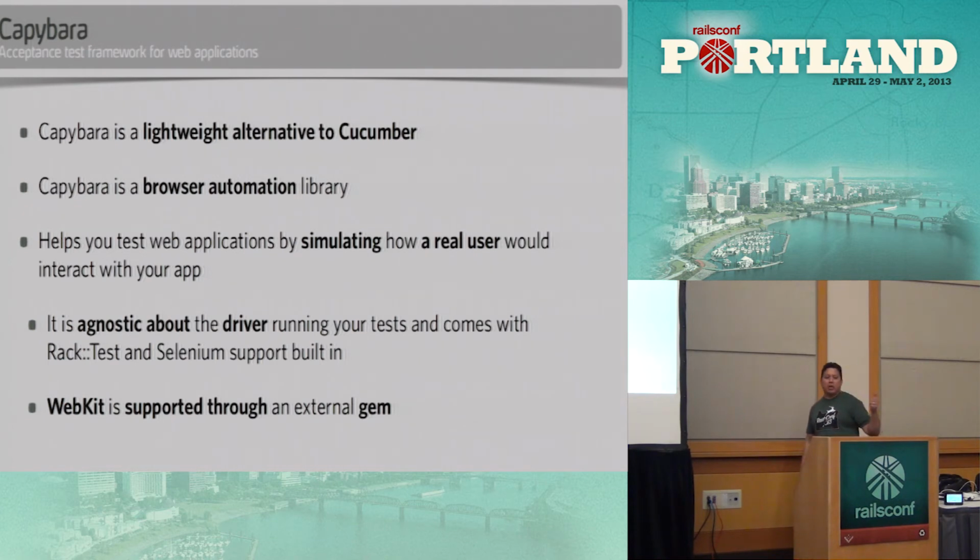So Capybara, it's a lightweight alternative to Cucumber. How many of you have used Cucumber? Okay. How many of you like Cucumber? I don't like the damn thing. I'm with DHH on that camp, which I think it's an extra layer of abstraction for a mythical unicorn with wings figure that doesn't exist, which is the actual user that cares about looking at your tests. They care about seeing the behavior live, and the acceptance test is for you to verify that once they said, yes, it works, it continues to work over time.